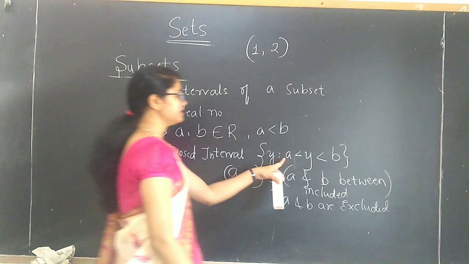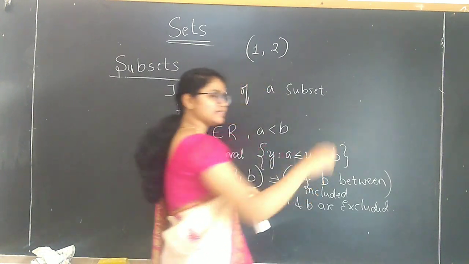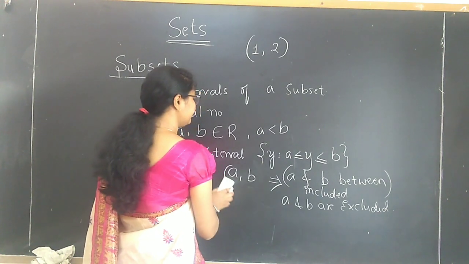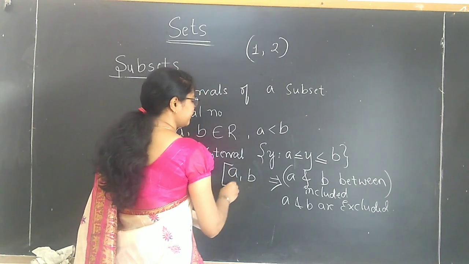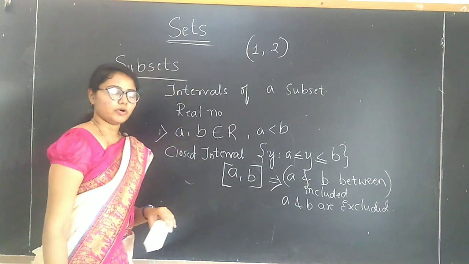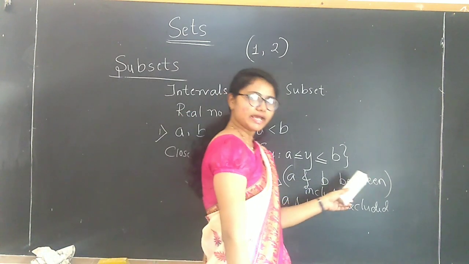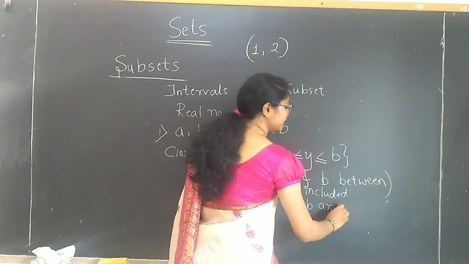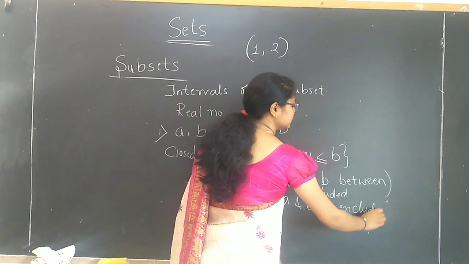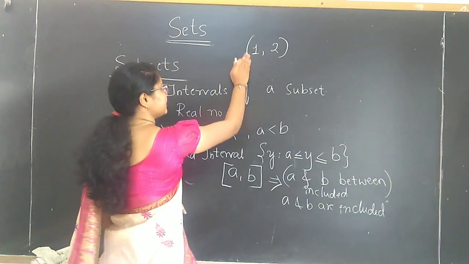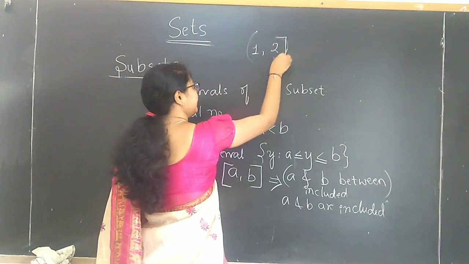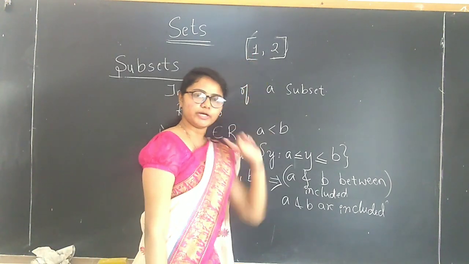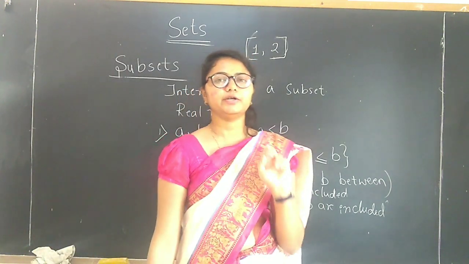So if we talk about closed interval, same thing. It is an element but we write here less than or equal to. What does this less than or equal to imply? We represent closed interval by square brackets. All the elements between A and B are included and even A and B, the end points, are also included. For example, in closed interval [1, 2], all the elements between 1 and 2 are included, even the end points 1 and 2 are included.